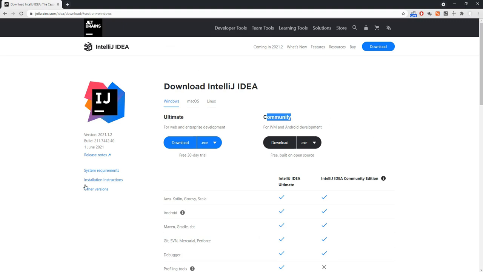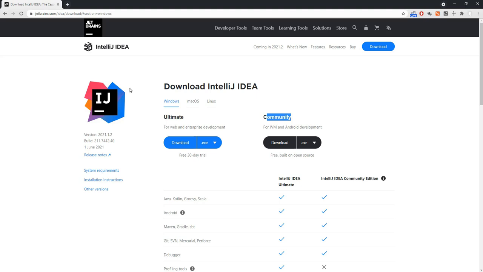For now, I just want to show you how we can create a Spring Boot project in IntelliJ. I have downloaded a trial version of IntelliJ IDEA, which is the Ultimate version. Let me show you how we can create a Spring Boot project on it. Now let me open my IntelliJ, which is an already downloaded executable. I can just use that executable file to install it, which is very simple. You guys can do that.